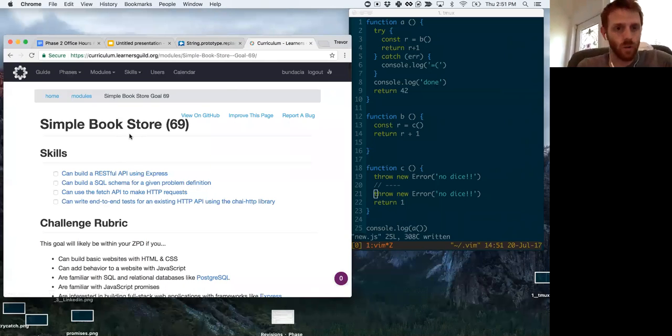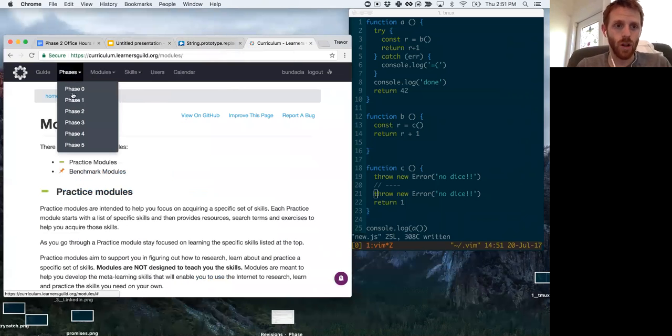If you're already doing the work that they're doing in phase 3, then you should feel pretty confident about your phase 2 skills. However, I will say that the phase 3 interview is sort of trying to assess that you've learned all of the things you need to in phase 2. And not everything you need to learn in phase 2 is going to be covered in any one module in phase 3. So in addition to making sure you can do the benchmarks, do go back in phase 2